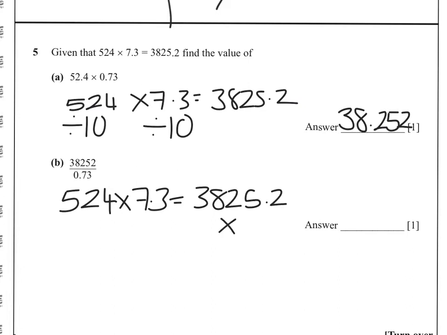Similarly, I'm going to ignore the fraction and start with our relationship. We have multiplied by 10 on the right hand side to get 38,252, and on the right we have divided by 10. The relationship between left and right must be equal, which means we must multiply 524 by 100, which gives us